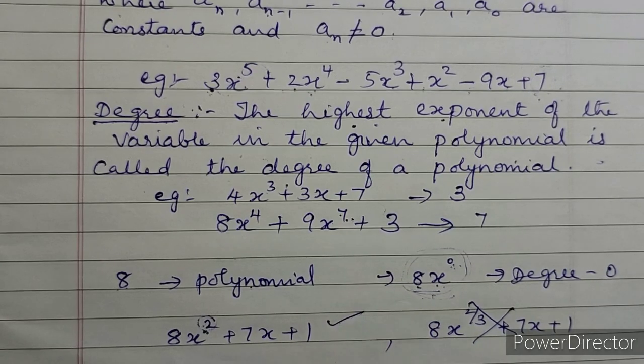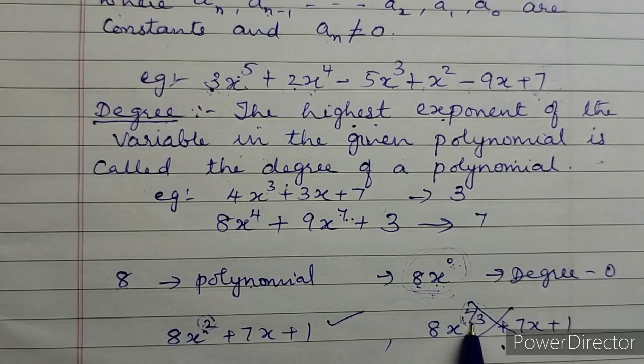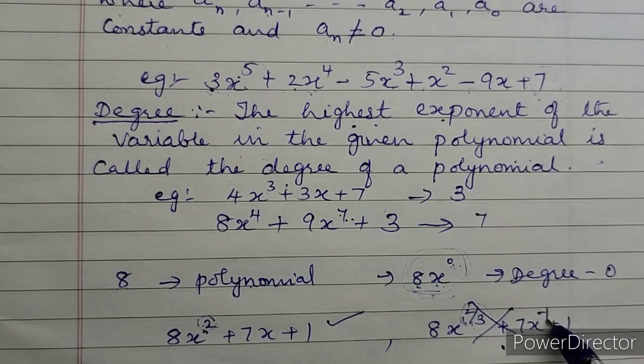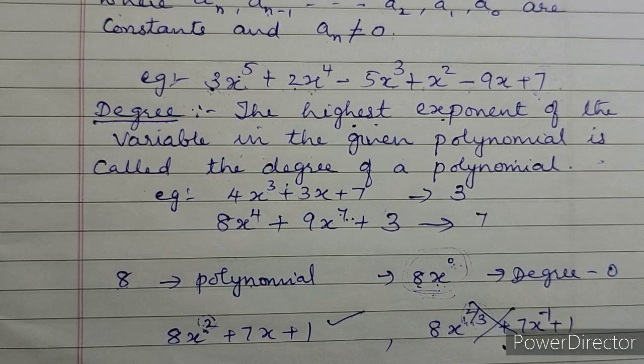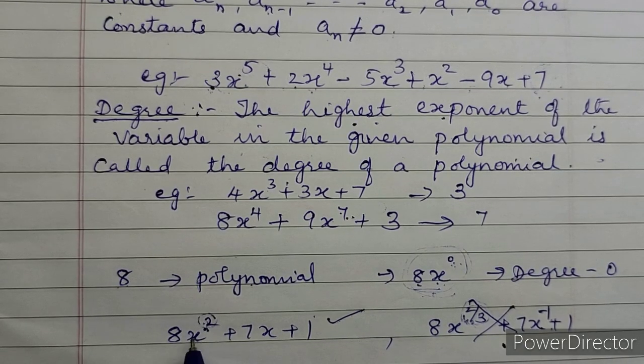This is a polynomial, but this is not a polynomial since for 2 by 3, its exponent is a fraction. Similarly, if the exponent is negative 1 or any negative number, it is not a polynomial. So that is the one condition for an algebraic expression to become a polynomial. Fractions should not come as exponents and negative numbers also should not come, only positive numbers. If the terms are jumbled, no problem, and if any one term is missing, no problem, but the exponent should always be a whole number.